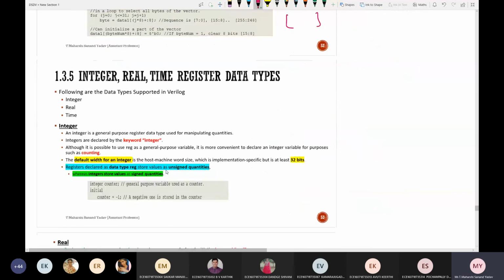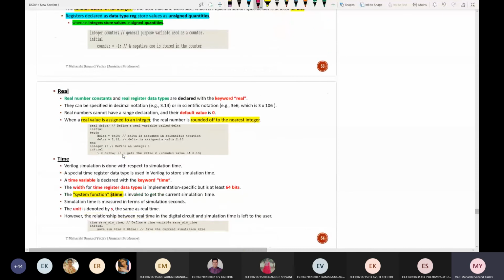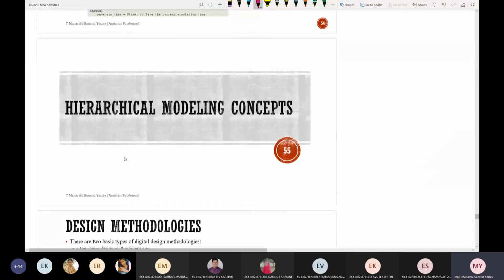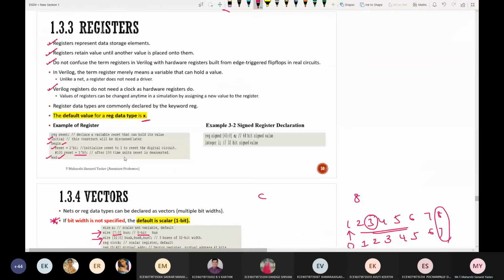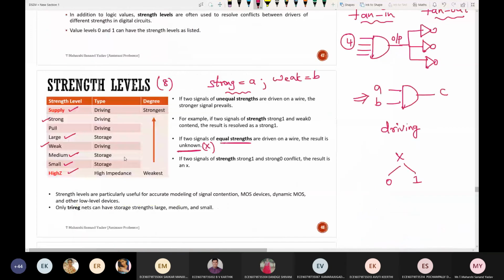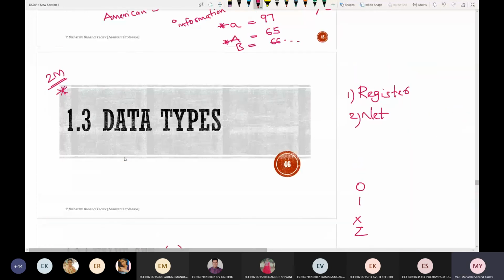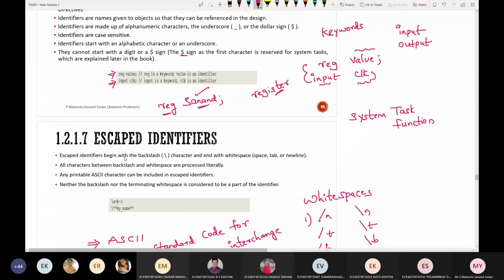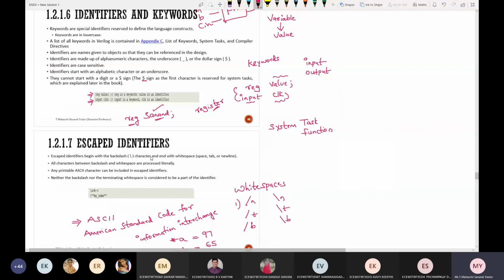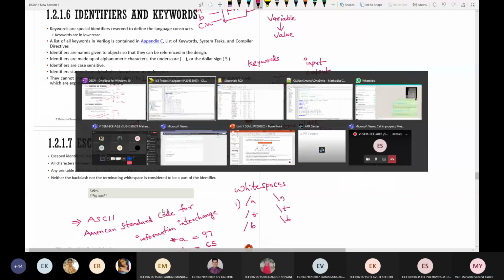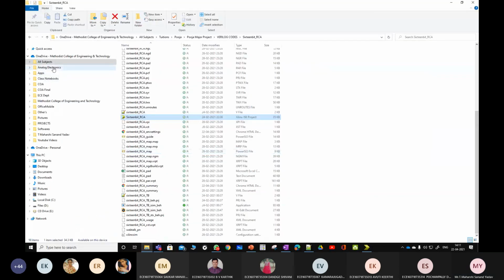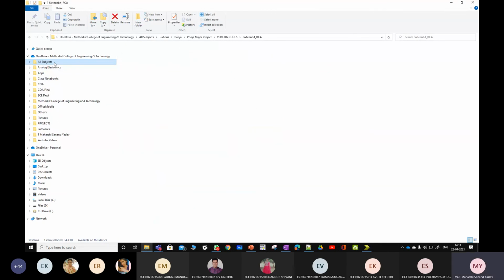Okay, now you can ask some doubts if you are having anything. And there are the next concepts which we can see. Yes, any doubts? Have you gone through the textbook which I've sent you? Guys, anyone?